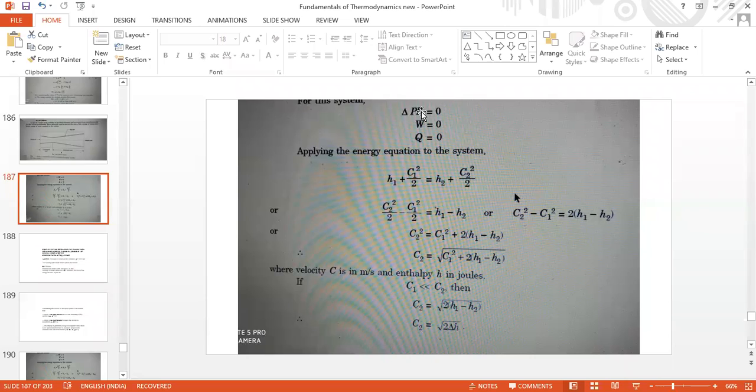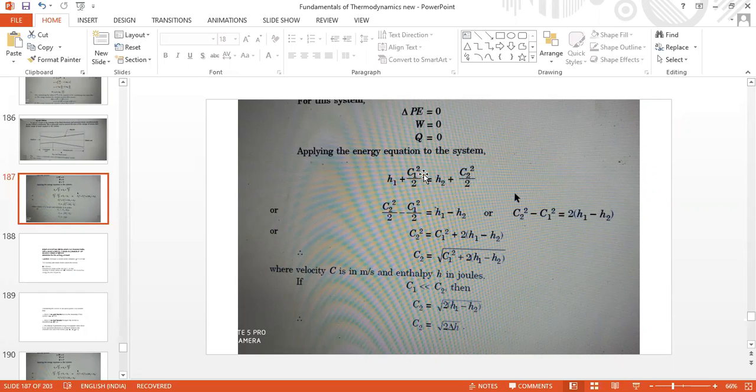So that is how a steam nozzle will have no interaction with work. And of course, there is no way the steam nozzle will deal with the heat. So Q equals 0. Keeping all these three terms in the steady flow energy equation as zeros, we write U1 plus P1 V1, which is combinedly called enthalpy H1, plus C1 square by 2 equal to U2 plus P2 V2, which we call H2, plus C2 square by 2.